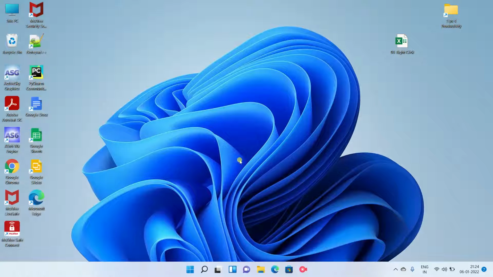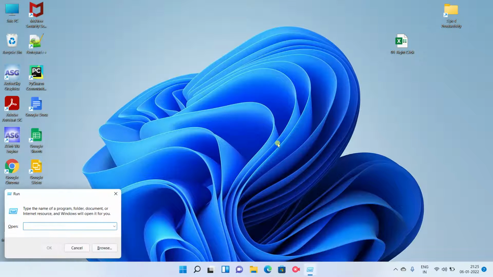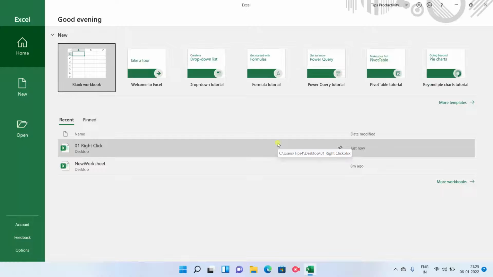Similarly, we can also do a keyboard command of Windows and R pressed simultaneously to open up the run command, where we can type in excel and click on enter. This will open up an Excel option to open up a new worksheet or from the set of templates that are available.